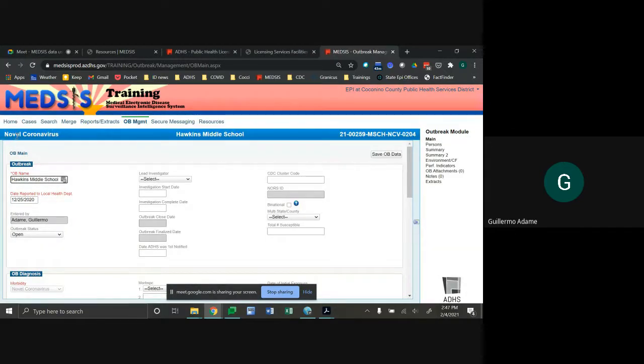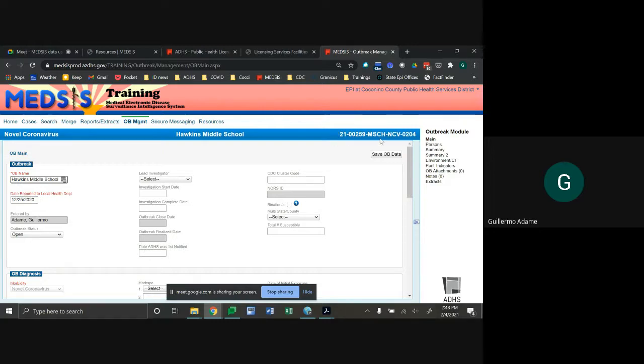And so now we have officially created the outbreak entry with the morbidity, the outbreak name that we entered here, and this will also generate an outbreak ID. This field can also not be changed, like morbidity, after it's created.